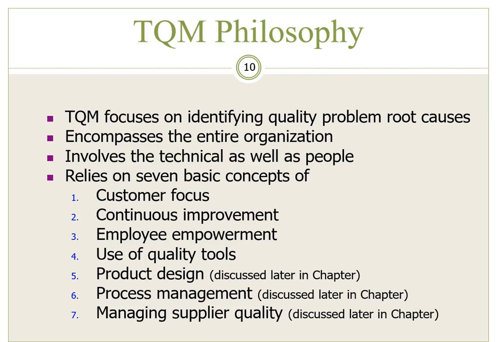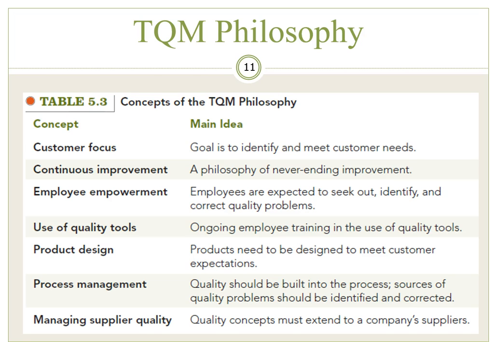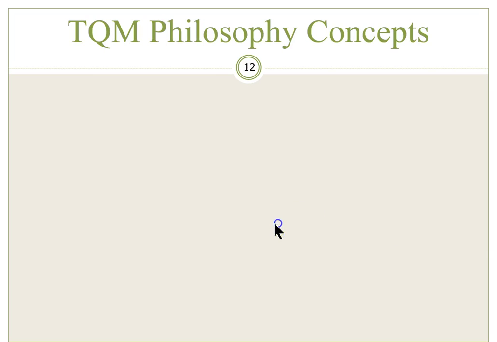And while quality management focuses on identifying the causes of quality problems and correcting these problems, by emphasizing the need to include every employee of the organization in the quality improvement efforts and the need to define quality based on the customer's needs, its major characteristics are customer focus, continuous improvement, quality at the source, employee empowerment, understanding quality tools, team approach, benchmarking, and managing supplier quality, and these are things that we will discuss as we continue.